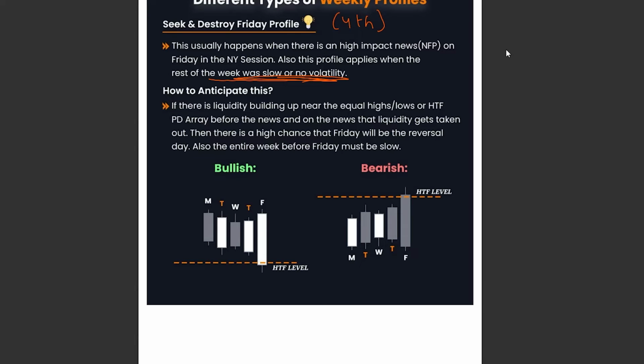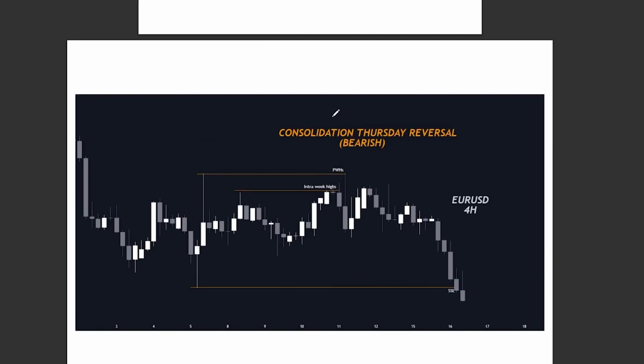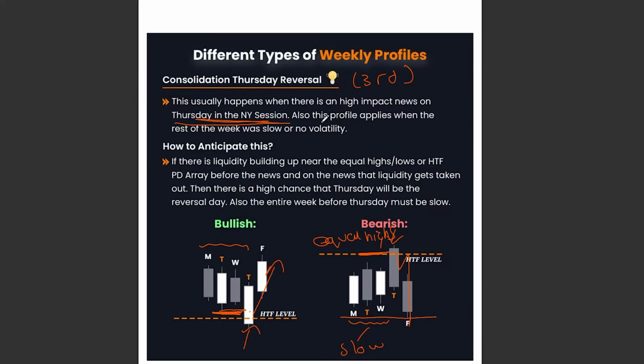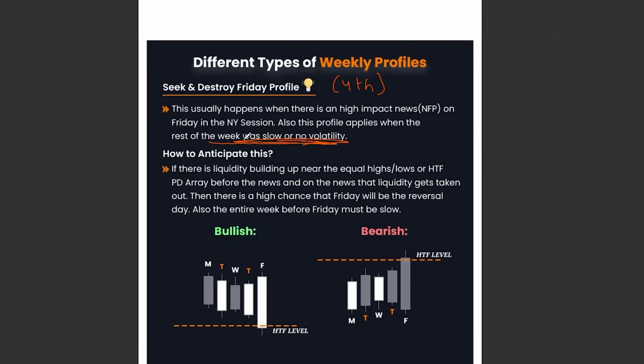So what was the consolidation Thursday reversal? It was that the rest of the week is quiet, and on Thursday we get the liquidity sweep due to a red folder news in the NY session. The seek and destroy Friday profiles are similar, that is the rest of the week we see no volatility or slow markets, and on Friday we have a red folder news in the NY session that causes a liquidity sweep